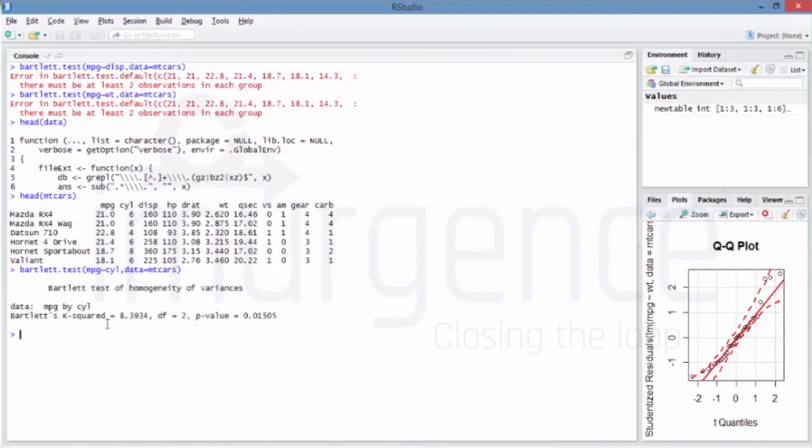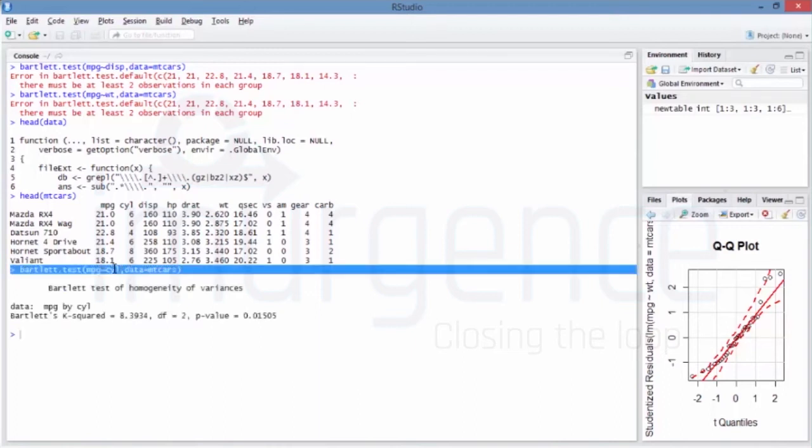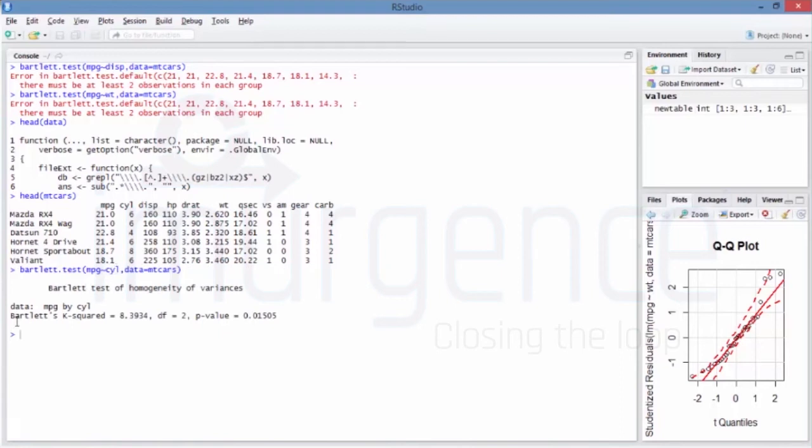So this works, but it only works for data which has categorical behavior, right? So this is the K-squared value, that is the chi-squared value. This is degrees of freedom, and this is the p-value, which is within the limits of 0.05. So yes, in this case we can check that the homogeneity is there, right?